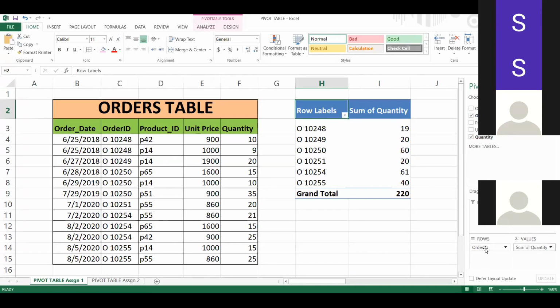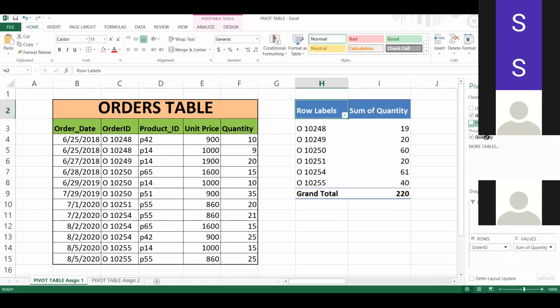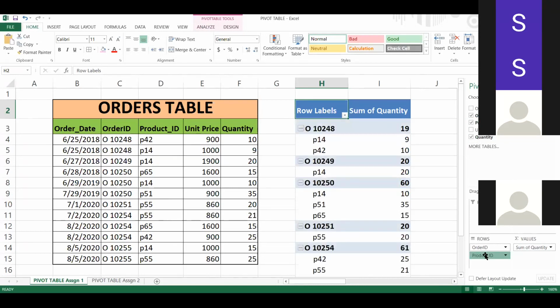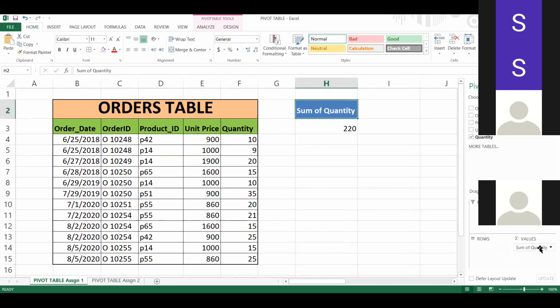Whatever you want to show in rows, you can click there, or if you want, you can drag it and drop it in rows. You can remove it by clicking and dragging it outside. So there are two ways.